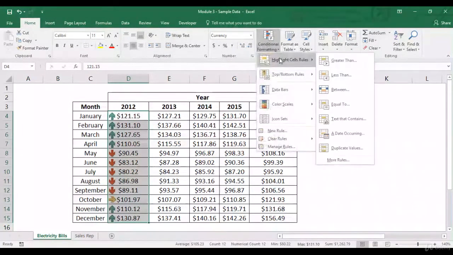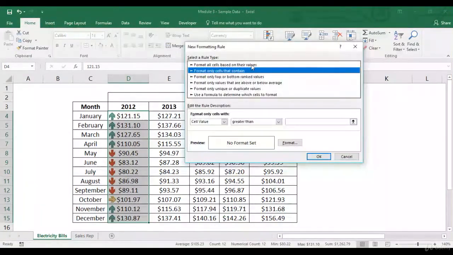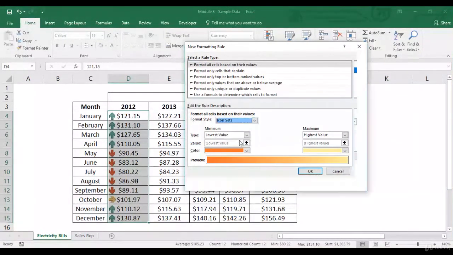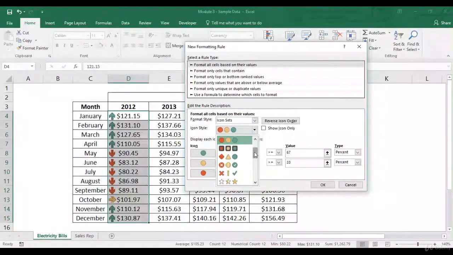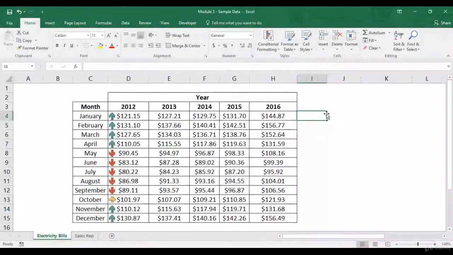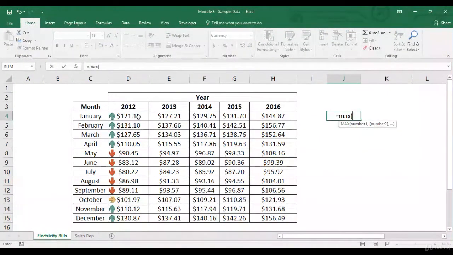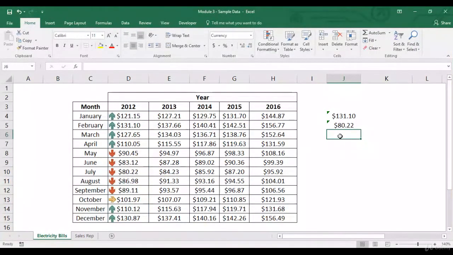But what sort of percentage is Excel calculating over here? Because clearly this is not 67% of the total or anything like that. The way Excel calculates this particular number is, first of all, let me calculate the maximum of these, and then let me calculate the minimum of these. So let me now calculate the 67% and the 33% which Excel is talking about.